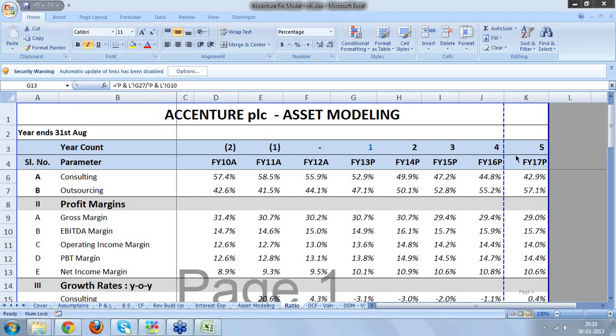Now, before I start the topic of valuation, there are just a few words of caution that I want to communicate regarding the ratio analysis. Now, recall how consolidation has happened. Consolidation is an important aspect in this case, primarily because Accenture